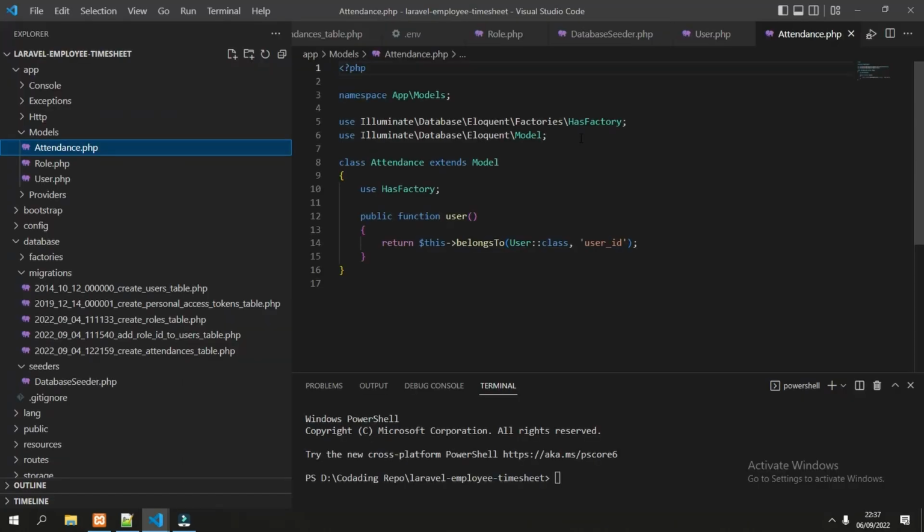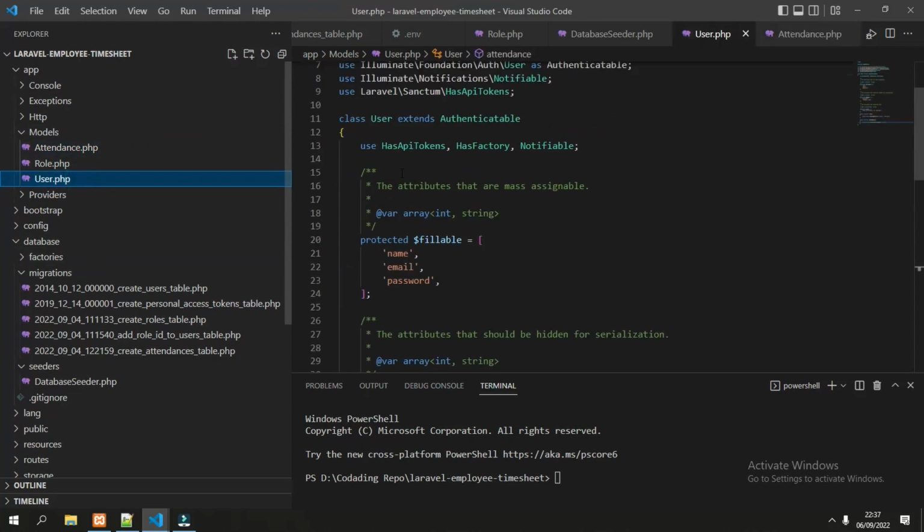Now we are back in the models, and we can see here in the user model there is a protected field called fillable. It means that we can fill this information when we create a new model or assign a value to a model.